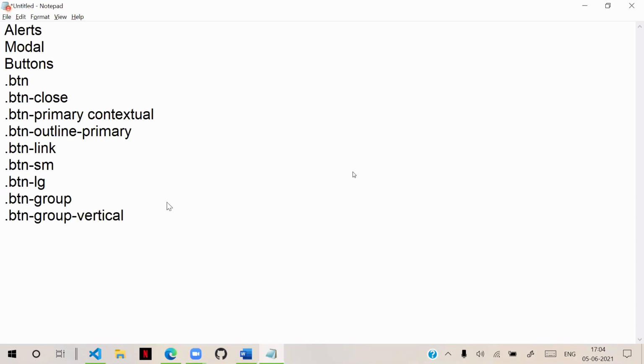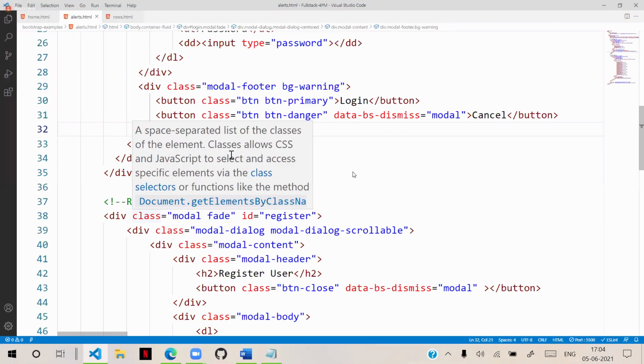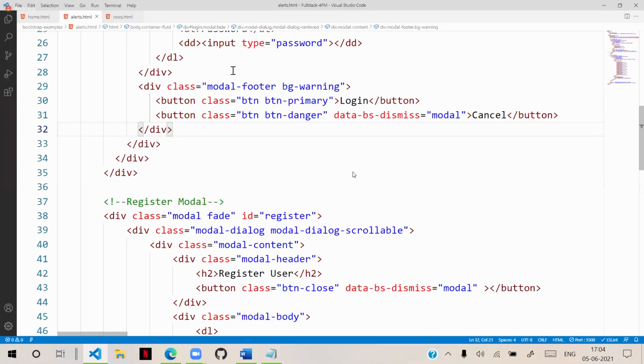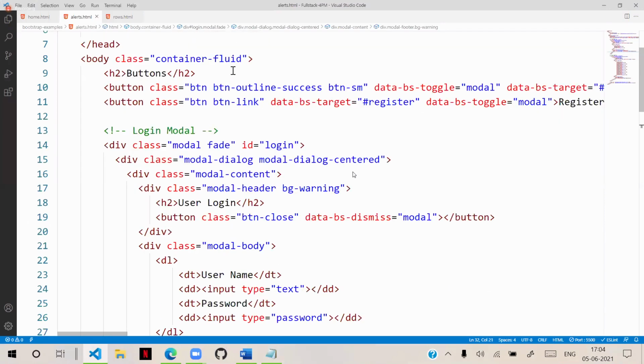Vertical. So button group is nothing but, sometimes we design toolbar navigation. When you are designing toolbar navigation, suppose at the top, I am defining temporarily a button group.